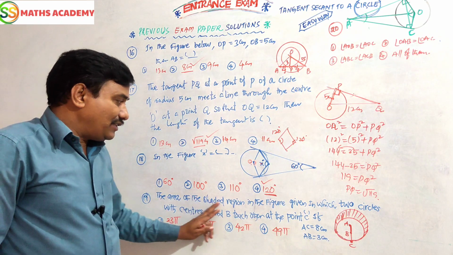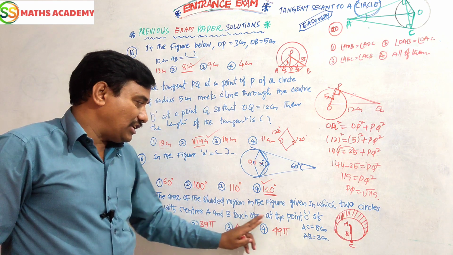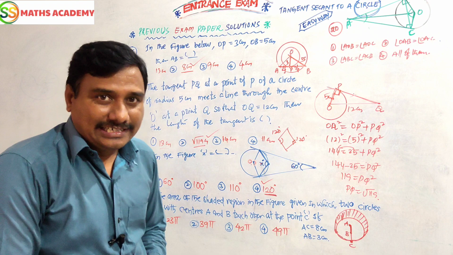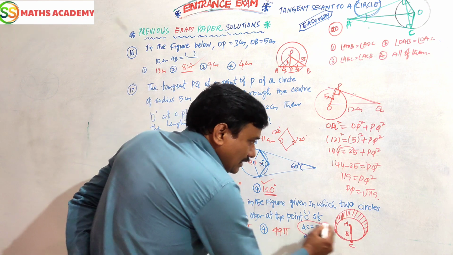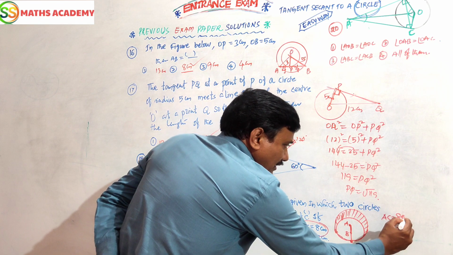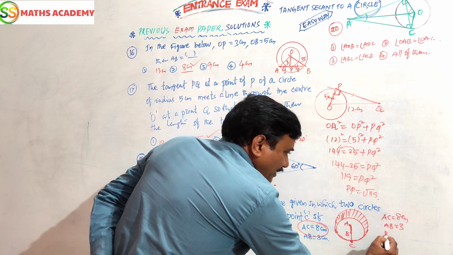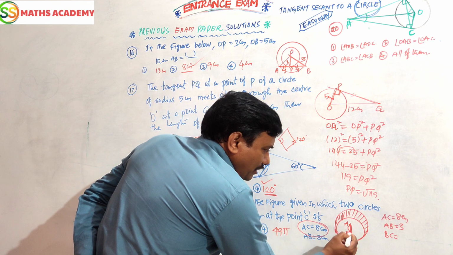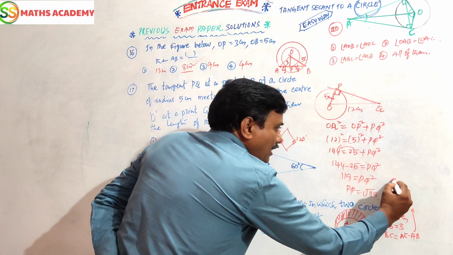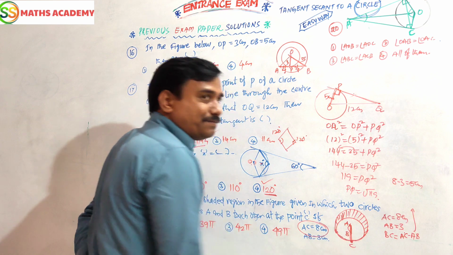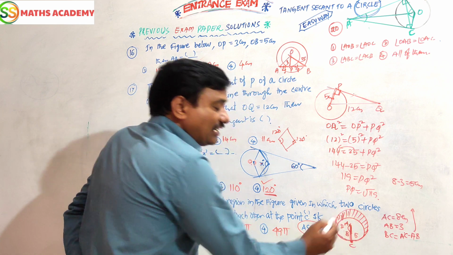Okay. Now the area of the shaded region in the given figure, in which two circles with centers A and B touch each other at the point C. See children, like a ring, like an embankment. Here AC is given, I think, 8. AC is given 8 centimeter. AB is 3 given. I want BC. Total length minus AB, we should get BC. That means AC minus AB, 8 minus 3, nothing but 5 centimeter. So the radius of the small circle is 5 centimeter. The radius of the big circle is 8 centimeter.